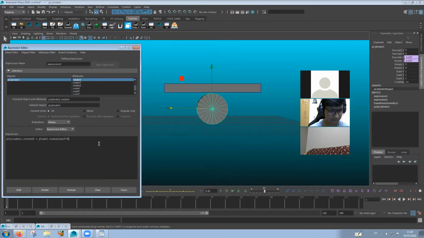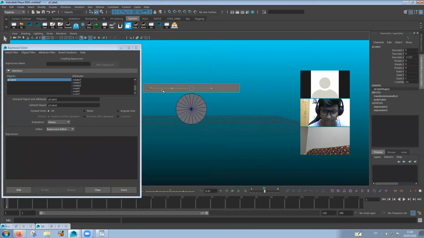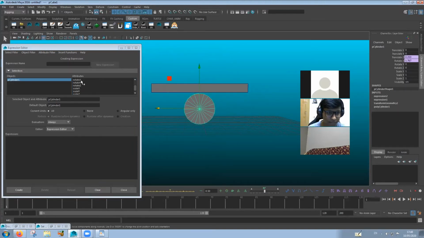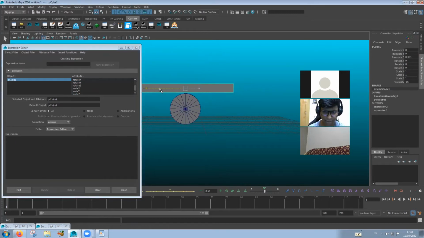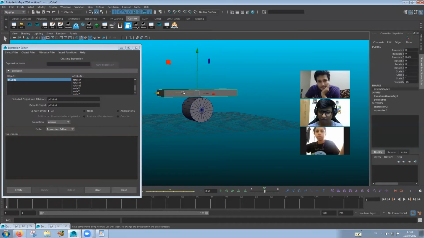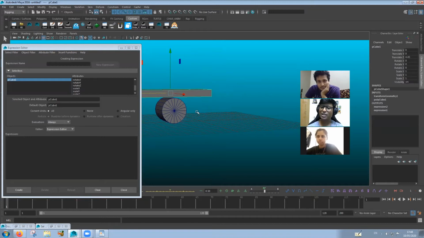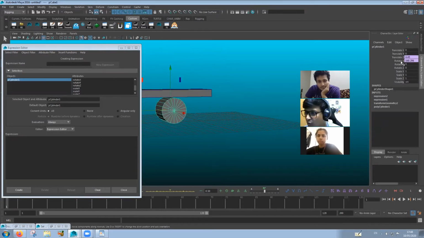Okay. Now if you see, a little bit of improvement in the rotation, all right? So we're going to increase the value a bit more. We make it say 36. So now you see, whenever we move this, it's going to translate as well as rotate. So there are two connections over here. The translate Z is being controlled by the cube, and also the rotate X is being controlled by the cube.